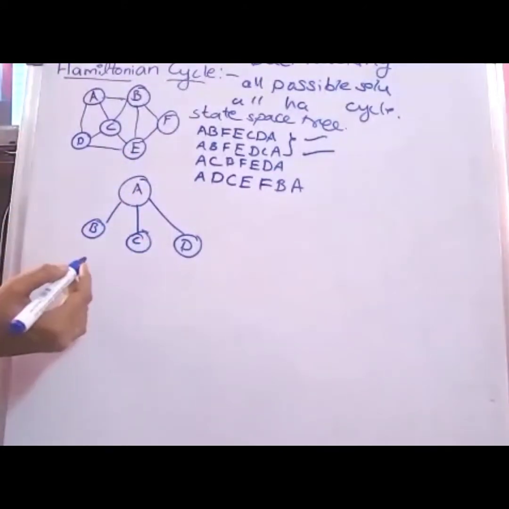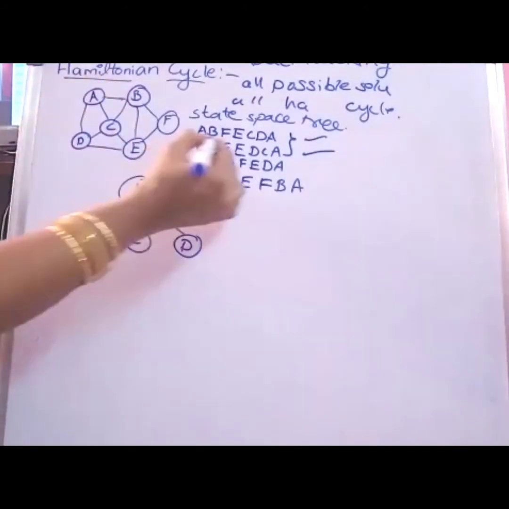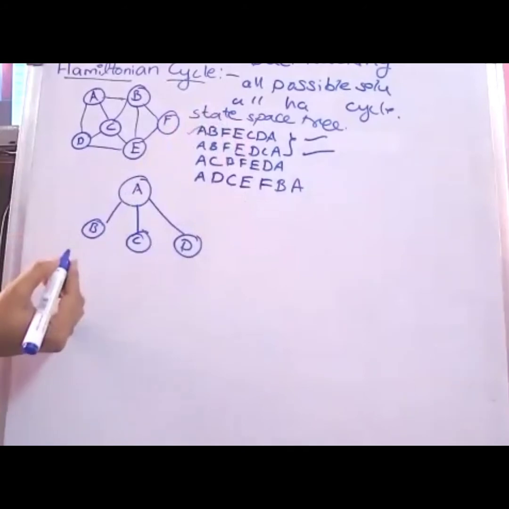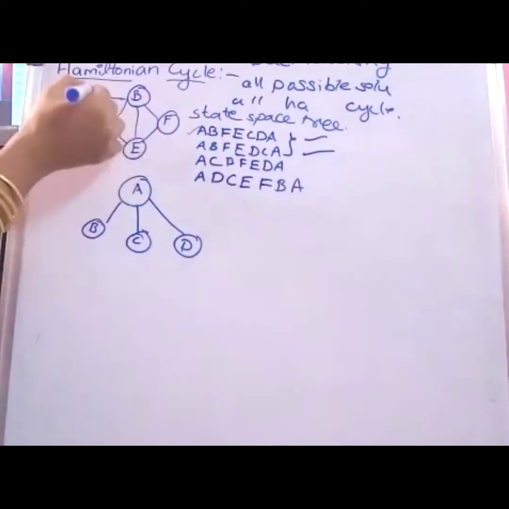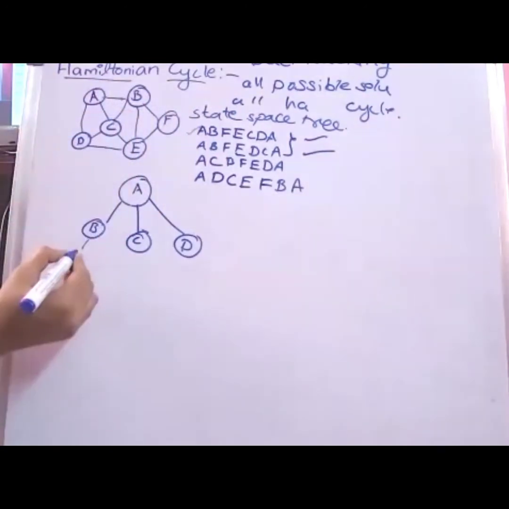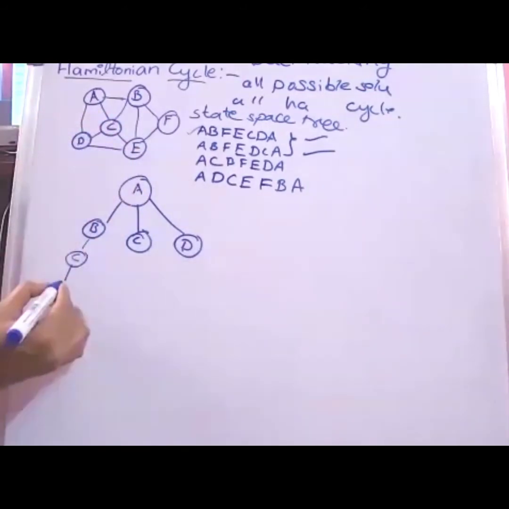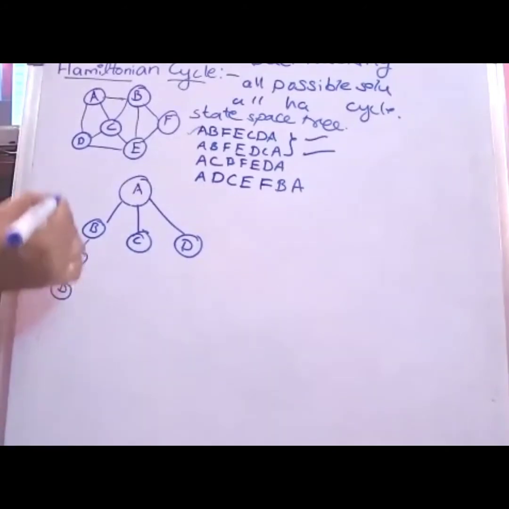I think everyone should try to draw the state space tree in your notebooks simultaneously with me. So A, after that the adjacent vertex is B. After that, I go through whatever first solution there is. For B also, there are two or three options. First, I am taking them in sequence only: A, B, C. Next, from C, D and E options are there. First, I am taking the path of D.